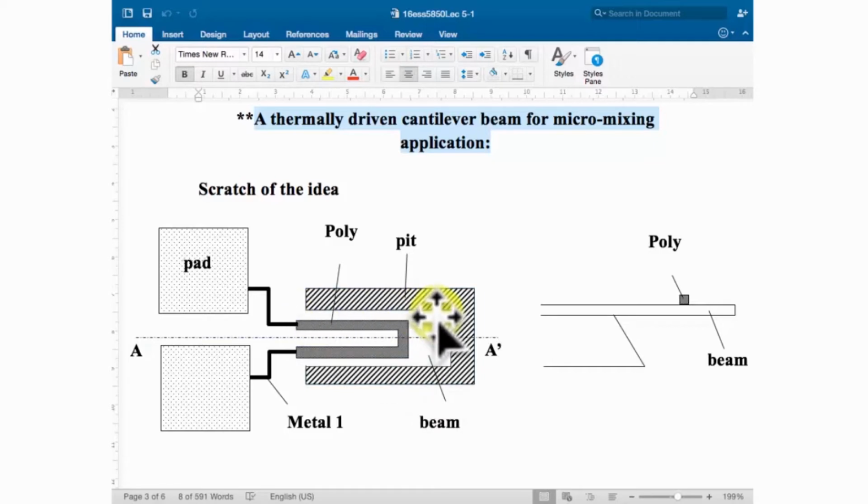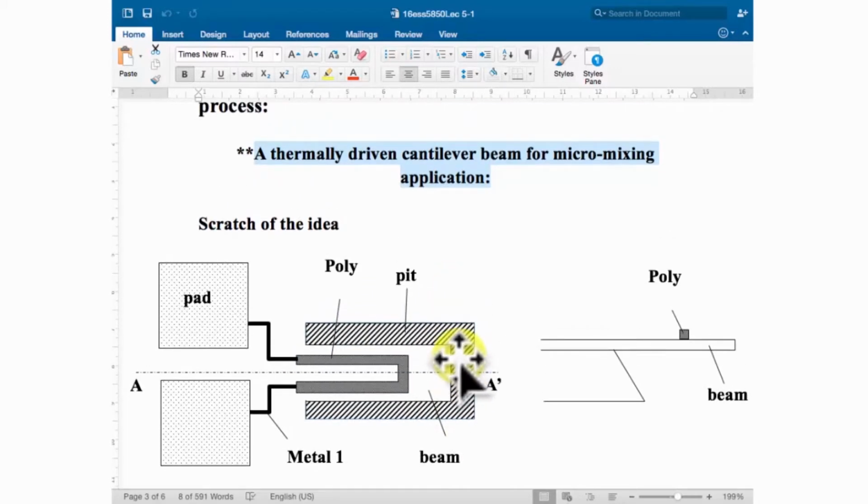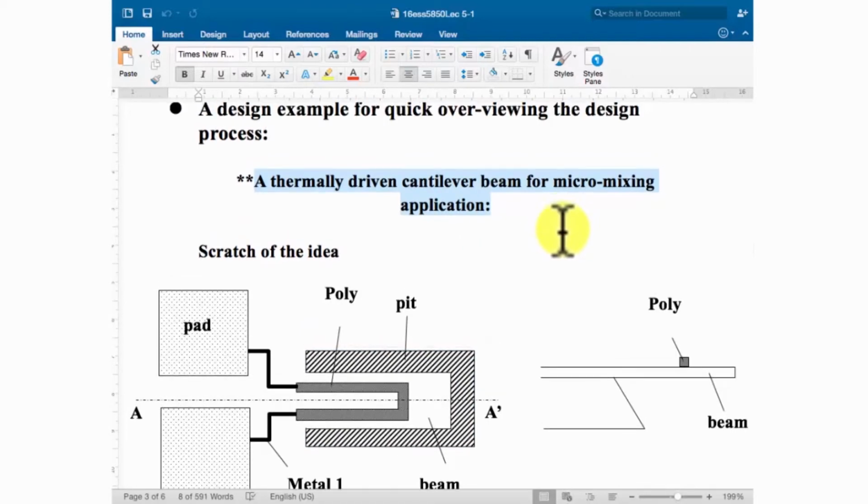Once I have this cantilever beam, by the corner attack effect the bottom material will be etched away. So I get a cantilever on top of a cavity. But it's only a static structure, with no moving ability. You want to fabricate a mixer. Mixer means we need to mix two different liquids together, so it should be a dynamic device, not a static device. It should have some force to move around and give energy to the solution for the mixing